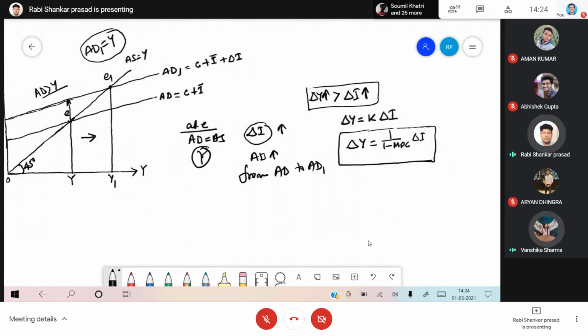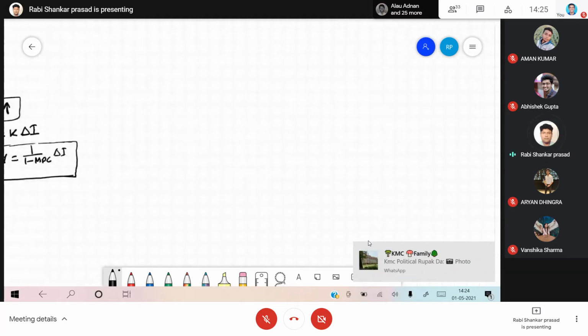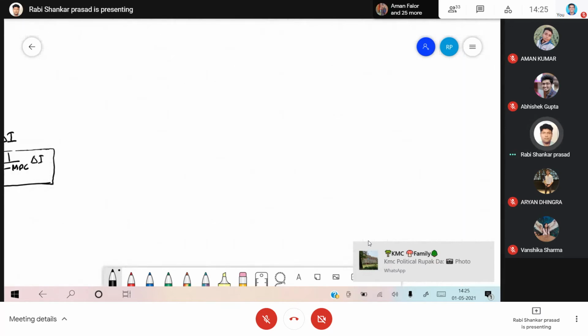So in the last class, sir, we also discussed that if you are increasing delta amount of investment, the total output will increase multiplier times. And how the multiplier works in the country and what the multiplier is, that is the investment multiplier we are talking about today. I will also discuss why, if you are increasing delta amount of investment, income will increase much more than this. So let us think about this investment multiplier.